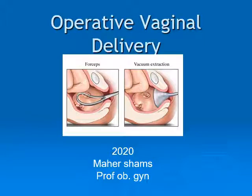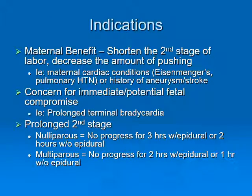My talk today about operative vaginal delivery means ventouse extraction and forceps. What are the indications of operative vaginal delivery? It may be maternal benefits: short second stage, decrease the amount of pushing, such as in case of cardiac disease,